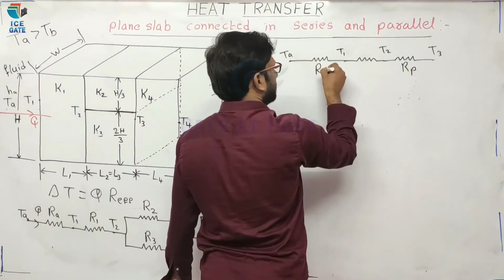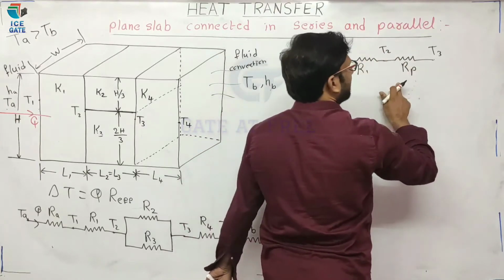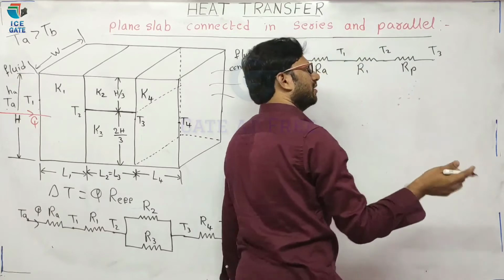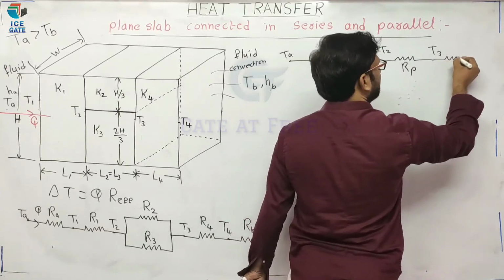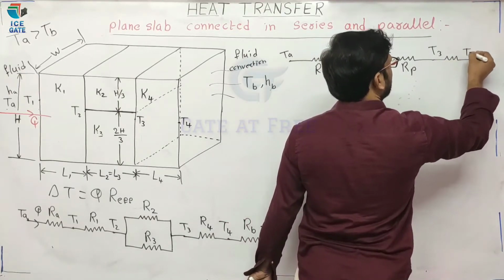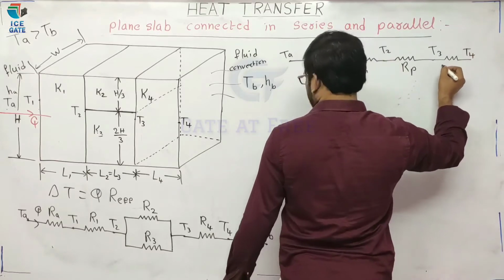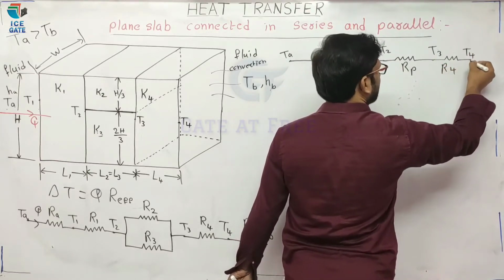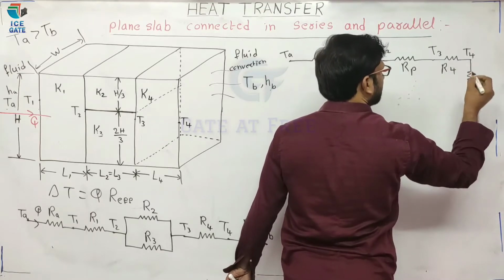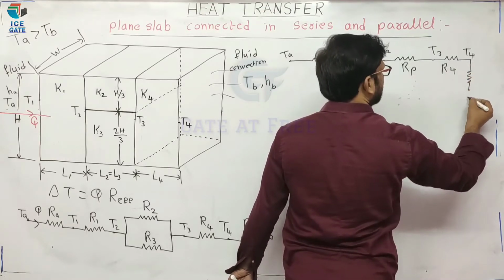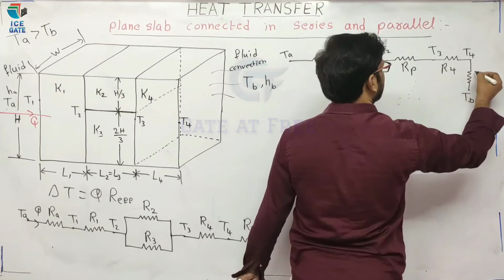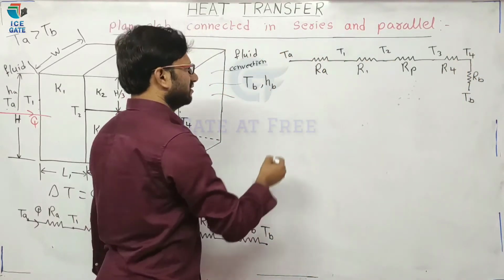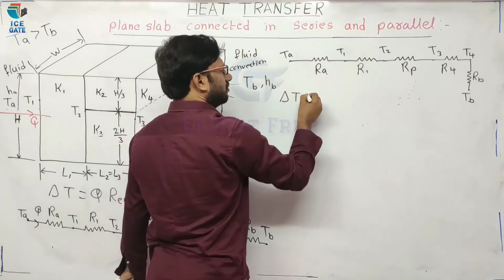So this is RA, this is R1, and T2 to T3 is the parallel resistance of R2 and R3. Next, from T3 to T4, what is the resistance? It is R4. From T4 to TB, what type of resistance? Convective resistance, RB. Therefore, the delta T equal to